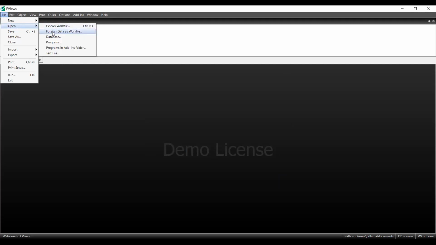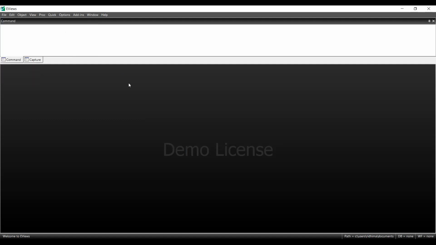Then eViews takes it as foreign data and creates a work file. Later on, when you save your work file, it will be saved as an eViews work file. There you can upload your data from an eViews work file only. So let's say I'm working on foreign data, meaning an Excel file.